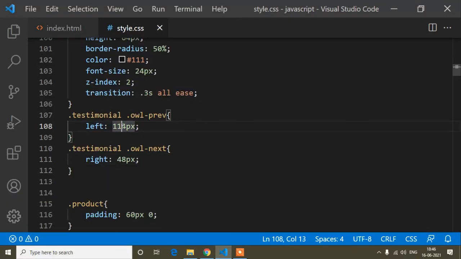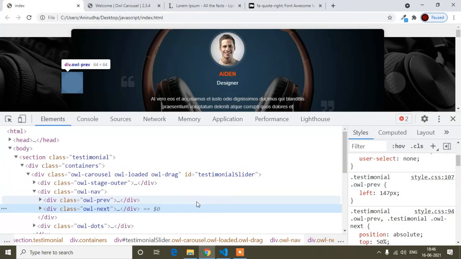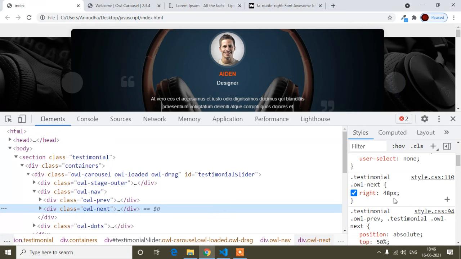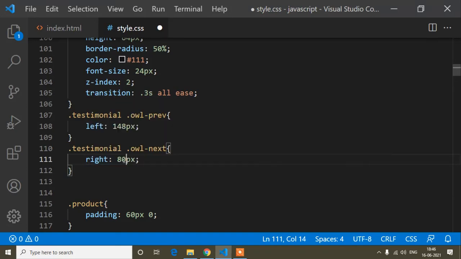So here I will write 148 pixels, and for the right, this next button, the right has to be like 80 pixels.